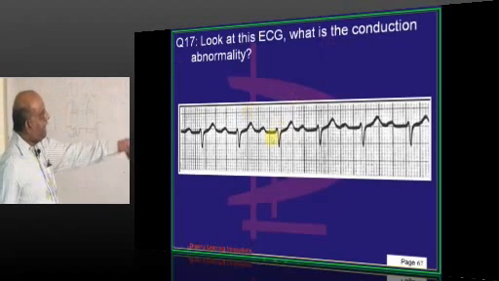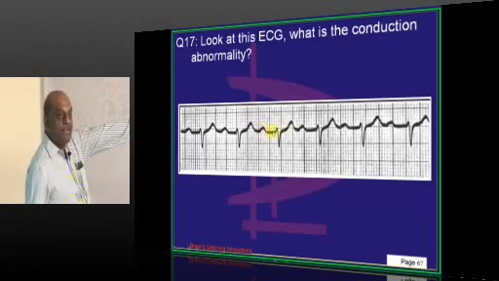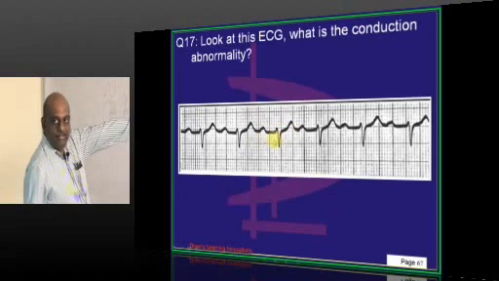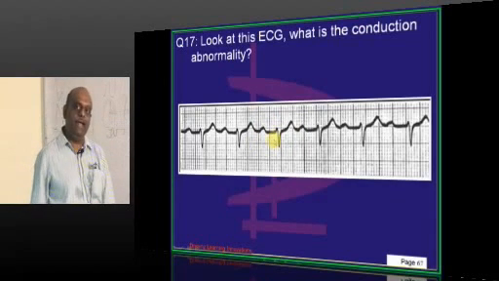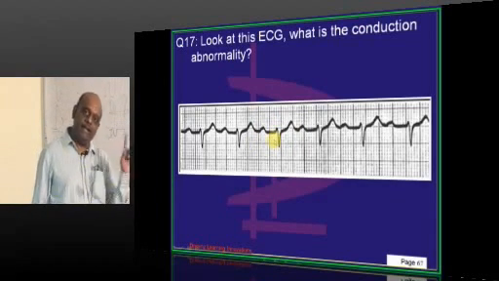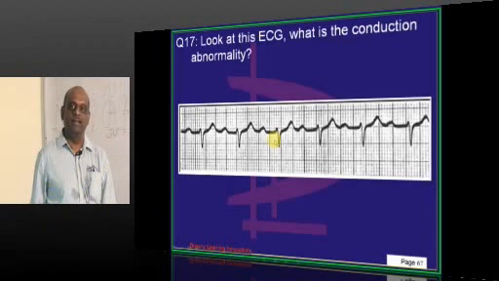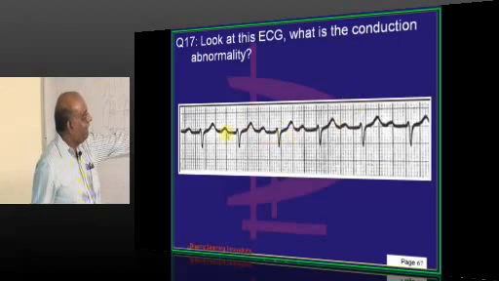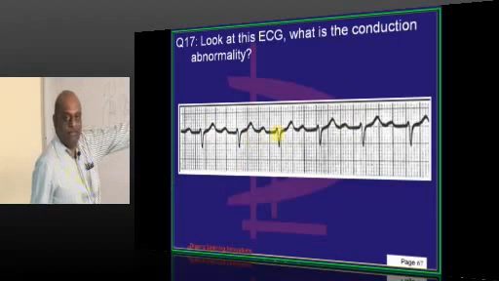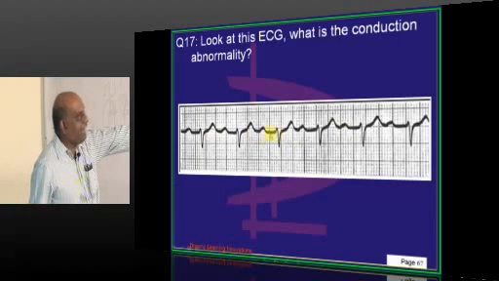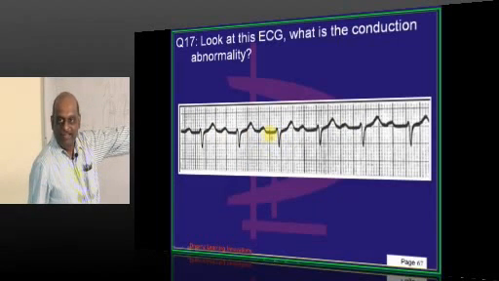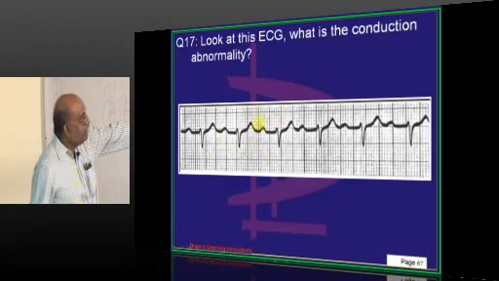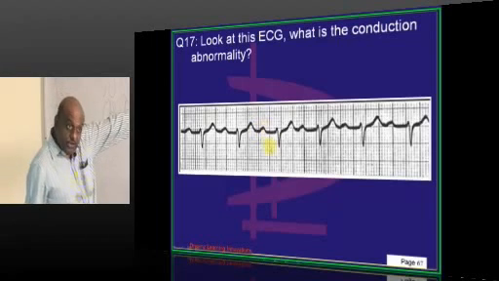But if you take the PR interval here, it is more than that. Is the PR interval from the beginning of P to the beginning of QRS, or the end of the P to the beginning of QRS? Come on, doctor. If it is from the end of the P to the beginning of the QRS, you have only one isoelectric segment. You don't call it an interval. Only if you take it from the beginning of the P wave is the P wave also included.